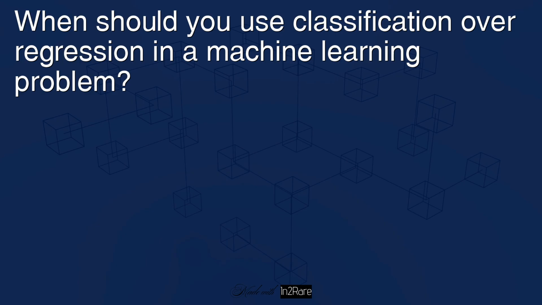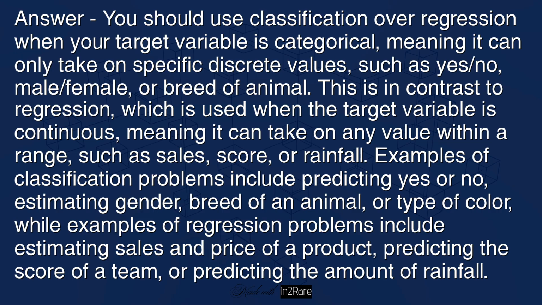When should you use classification over regression in a machine learning problem? Answer: you should use classification over regression when your target variable is categorical, meaning it can only take on specific discrete values, such as yes/no, male/female, or breed of animal. This is in contrast to regression, which is used when the target variable is continuous, meaning it can take on any value within a range, such as sales,